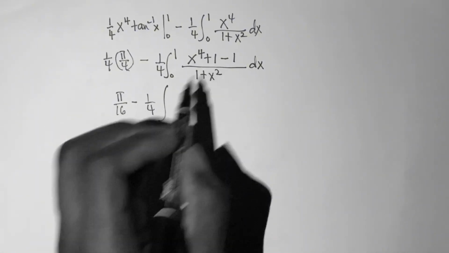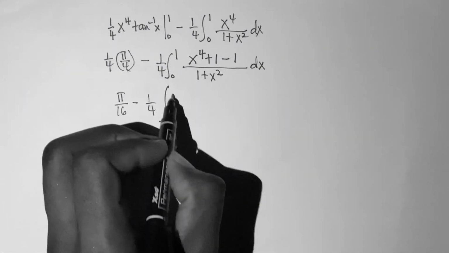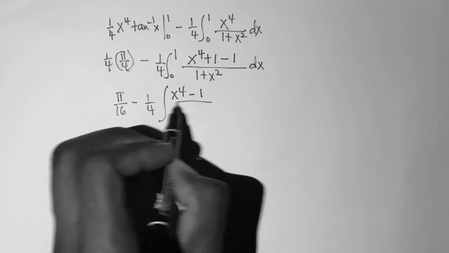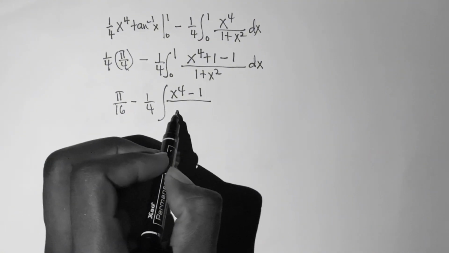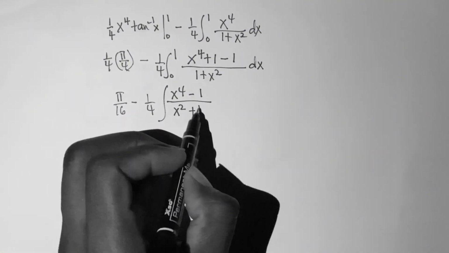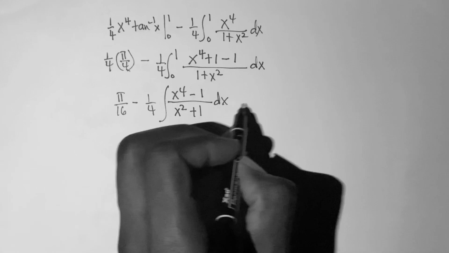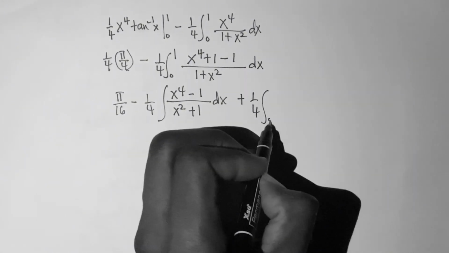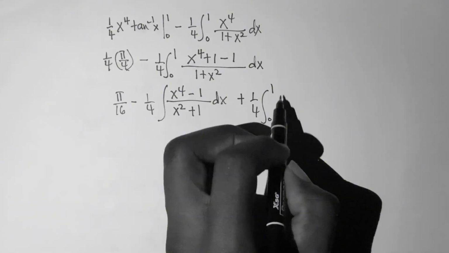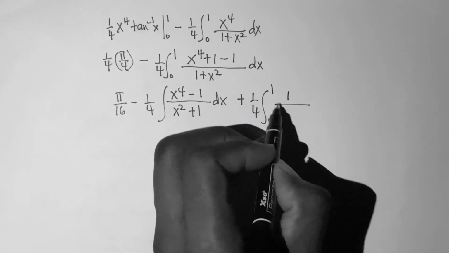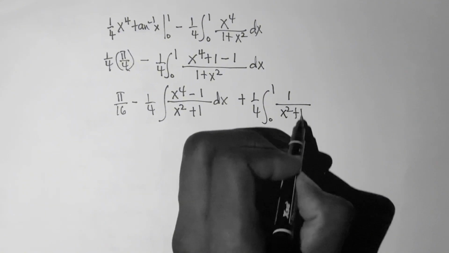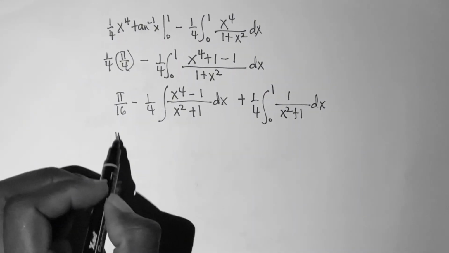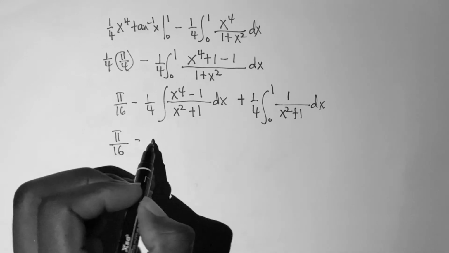Integral of, I want us to break the integral into 2. So x exponent 4, which is this one, minus 1, divided by x squared plus 1 dx. And then plus 1 over 4, integral of 0 to 1, of 1 divided by x squared plus 1 dx. So this becomes pi over 16 minus 1 over 4,